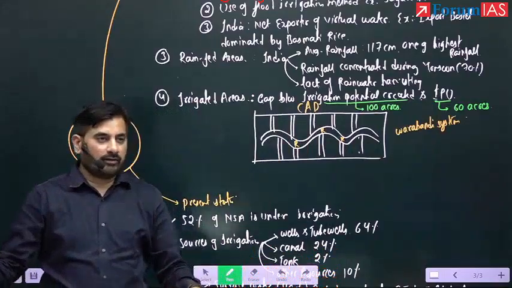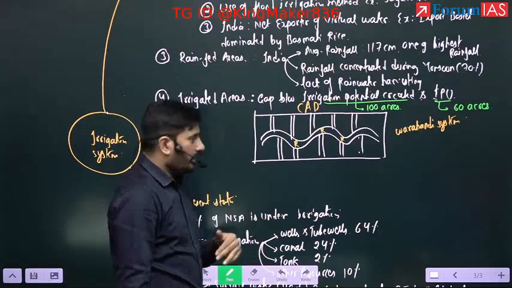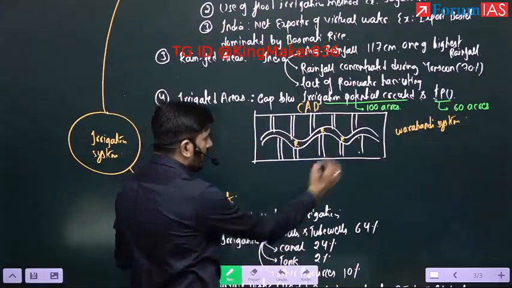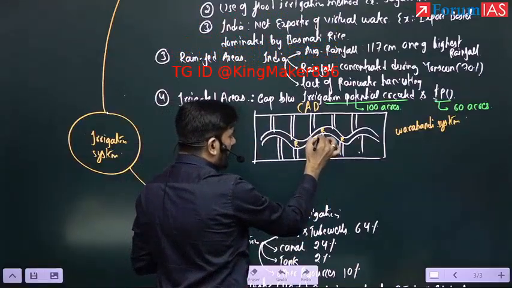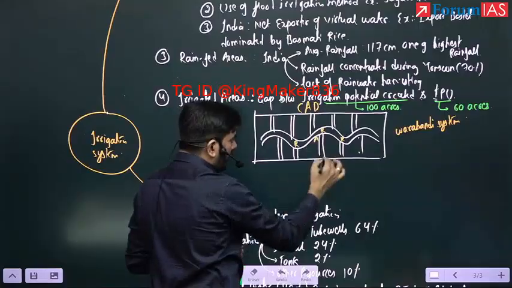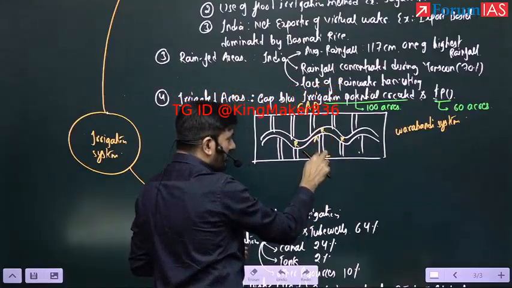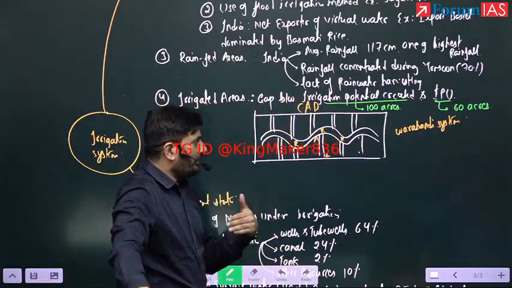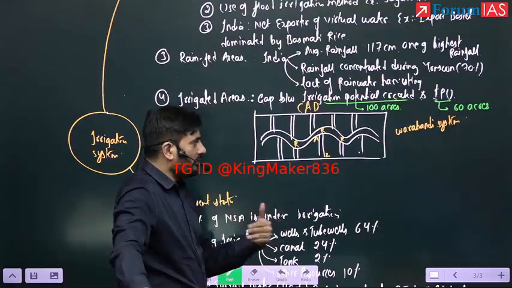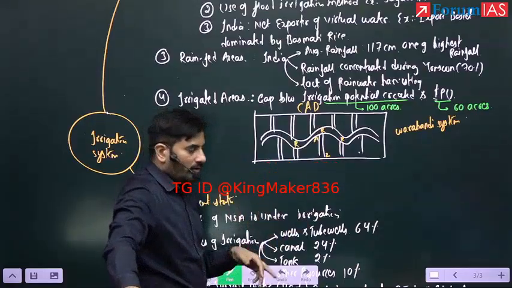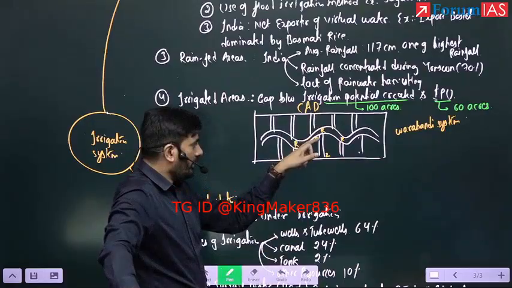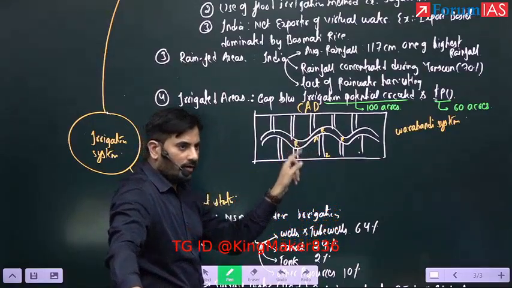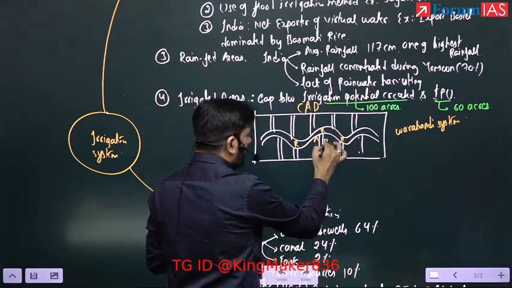Let's understand what this Varabandi system is. When you look at this command area development, let's say you have farmer A who is at the start of the canal, and farmer Z who is at the end of this particular canal. Because everyone has access to water, and because there's no effective regulation of water, farmer A will use more water. Obviously, it is cheap, so he'll use more water. Even farmer B will also use more water.